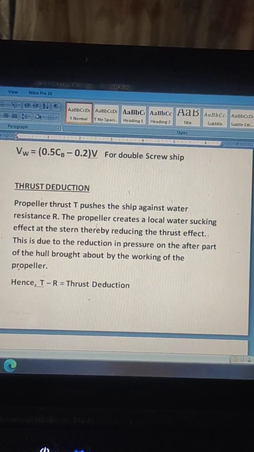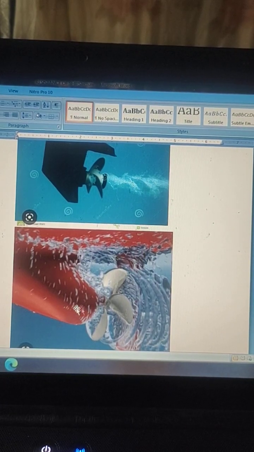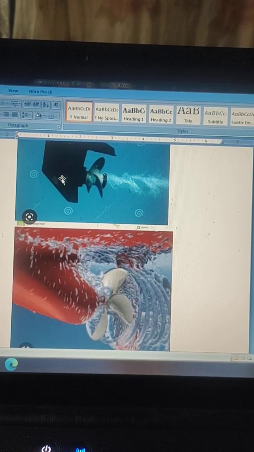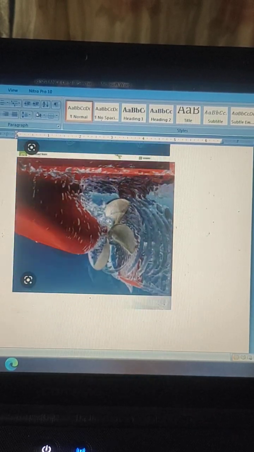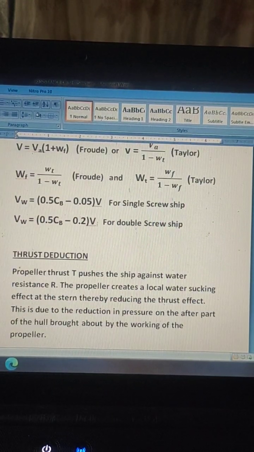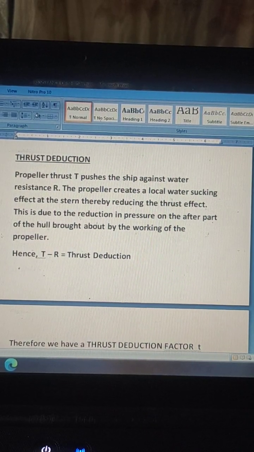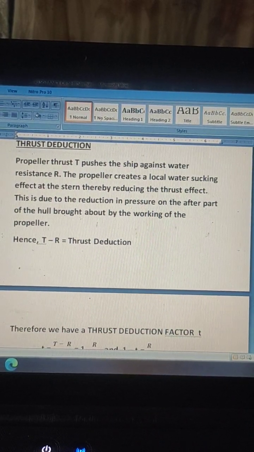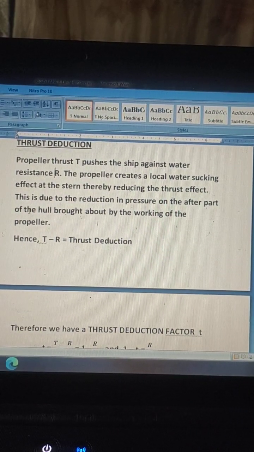You see, I will show you once more. The propeller is sucking water from this side, it's sucking water from this side and throwing it backwards. As it's sucking that water, definitely there will be that suction effect which will act against it, an augmentation, an addition to the resistance, and which is actually